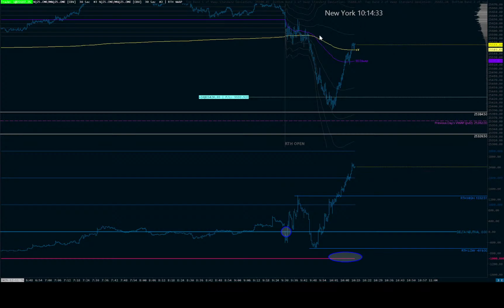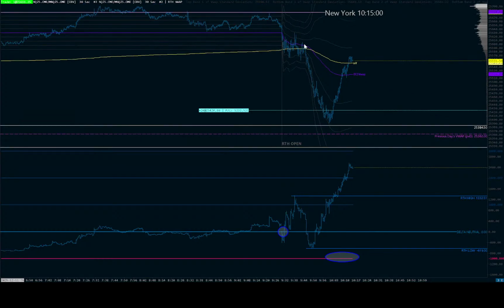If you're looking, we want to see it break this level, right? But this is where the other tools that you guys use can come into play. You can do a fixed range volume profile of this leg up. You could lean on VWAP, whatever other tool you're using. This is where I would probably put it into play.